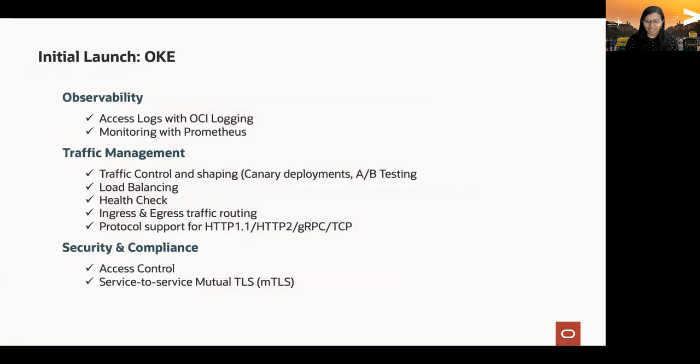So at launch, like everything else, we have identified the MVP to launch with, and we will continue to add features in the future. But what we're thinking of is to start out with supporting OKE at launch. And in terms of observability, we would be supporting both logging, with logging to OCI Logging, as well as monitoring with Prometheus. Traffic management capabilities, like the ability to control your traffic, whether it is about canary deployments, A/B testing, etc. Load balancing, health check, ingress, egress, and a variety of protocol support is what we're thinking of in terms